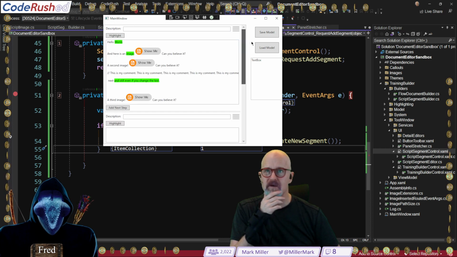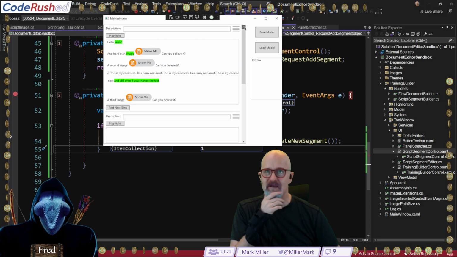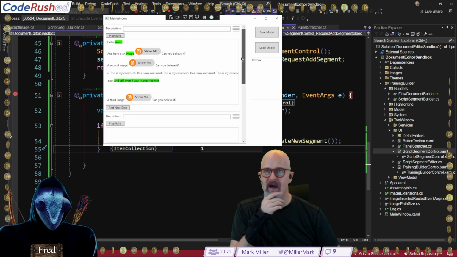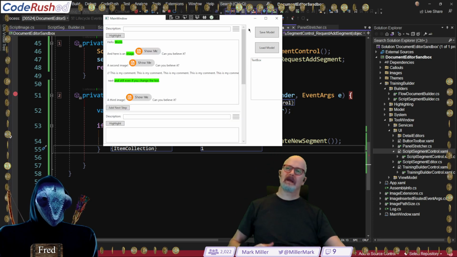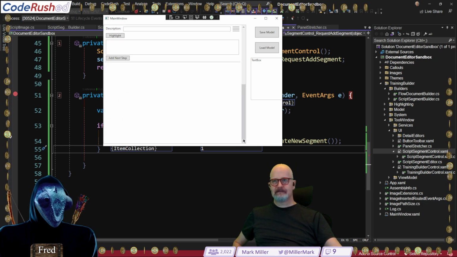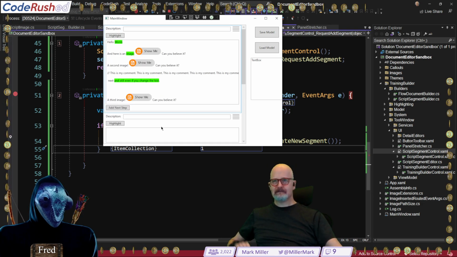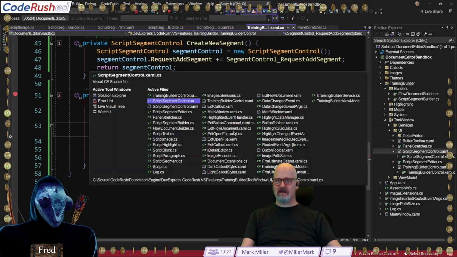Yep. Although, well, what's going on? It won't let me drag this up and down. That's weird. Is it 'cause I'm just not dragging far enough? Yeah, because it's only got 2 items. I see there's a property of the list box that allows you to drag only whole items, I think it is, rather than half items. Let's see if we can figure that out, because I'd like to see it be more granular there.